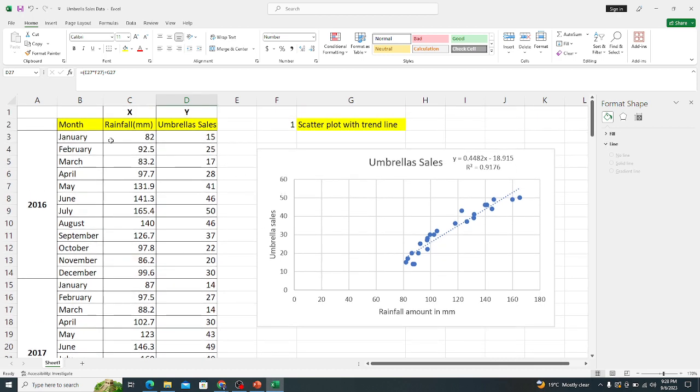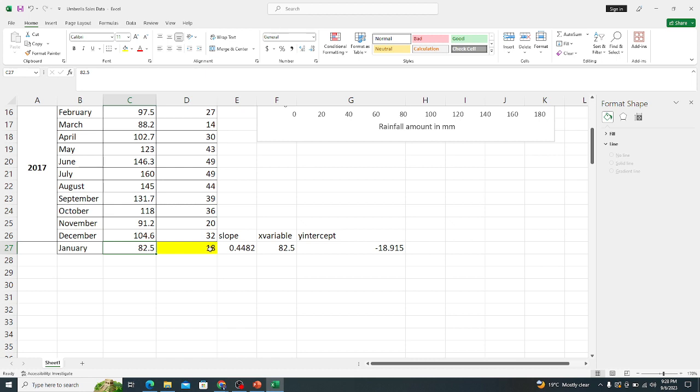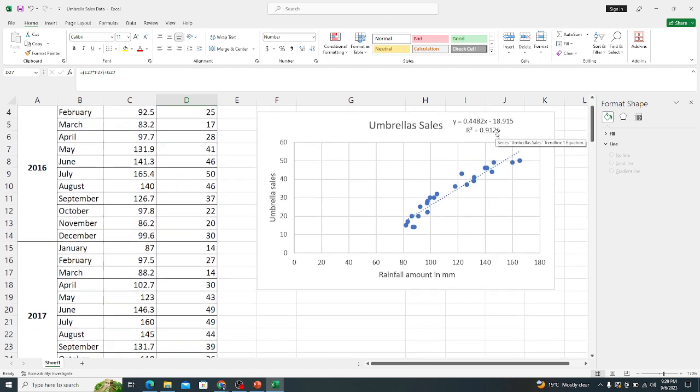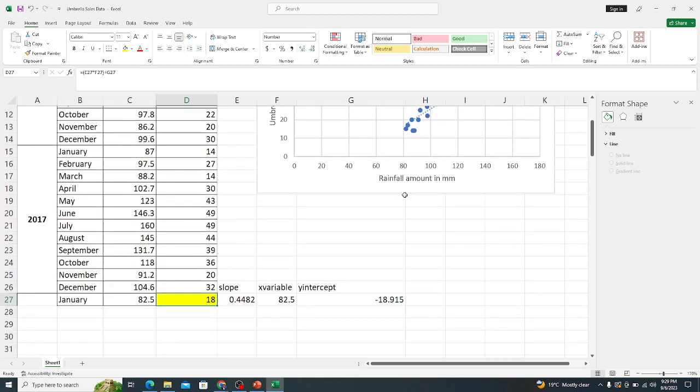That's why you can see previously here we had a rainfall amount of 82, but we sold 15 umbrellas. But here now we are saying we will sell 18 umbrellas. So you can see that plus or minus 5. In this case we can say plus or minus 5, no problem. All right,